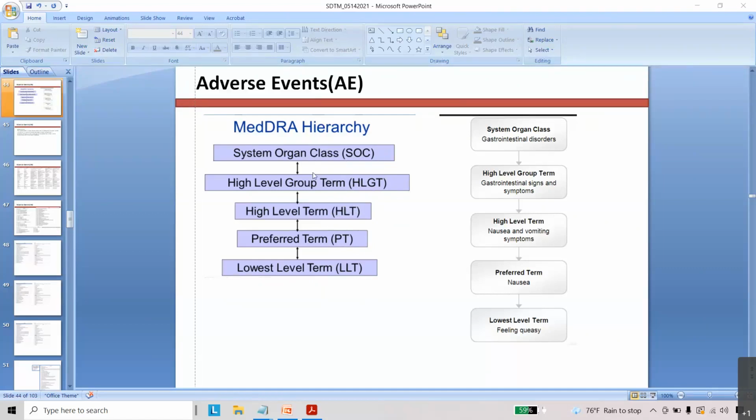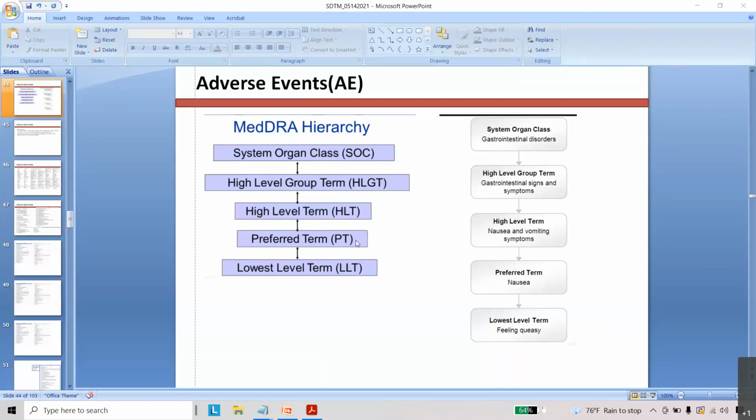And for each and every variable, the SDTM IG has numeric coding. So we can see low level term as AE LLT code, and for the preferred term AE PT code.